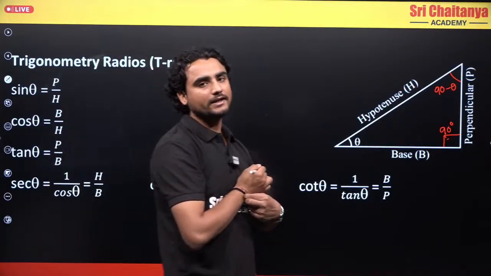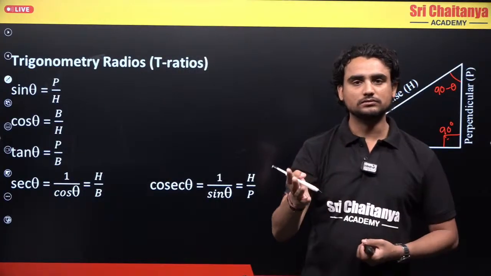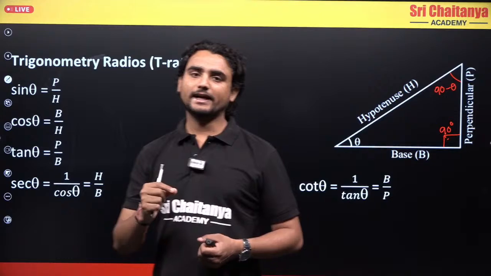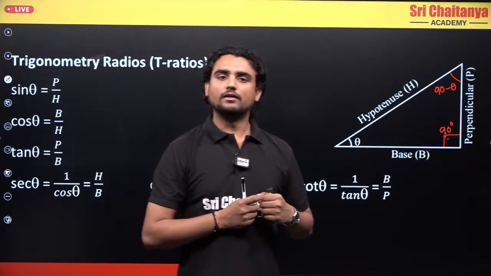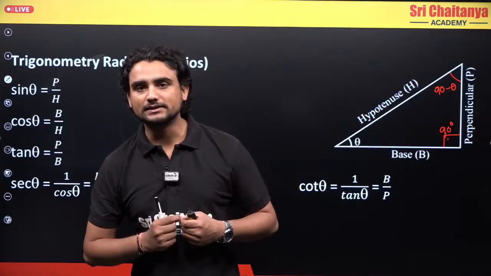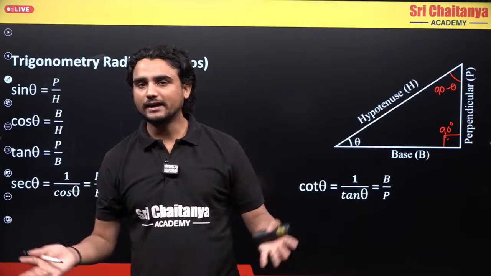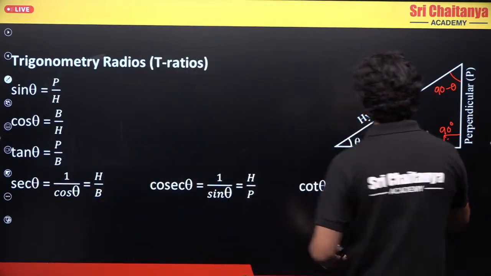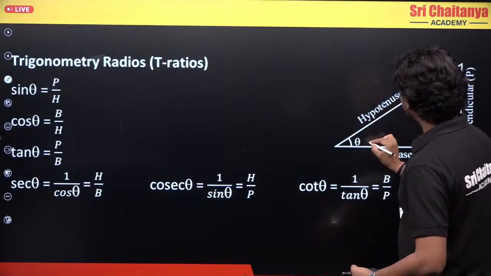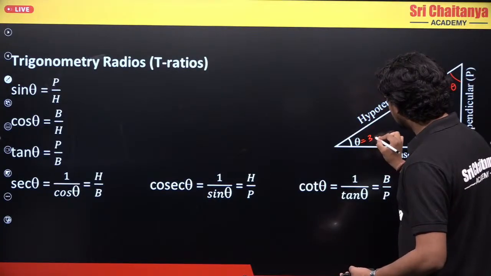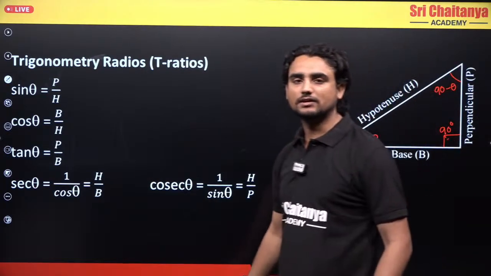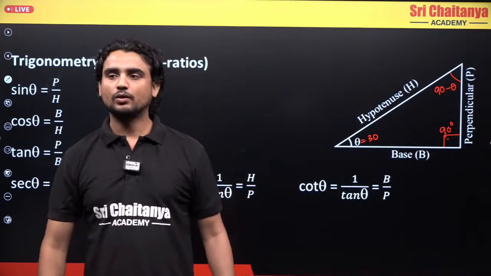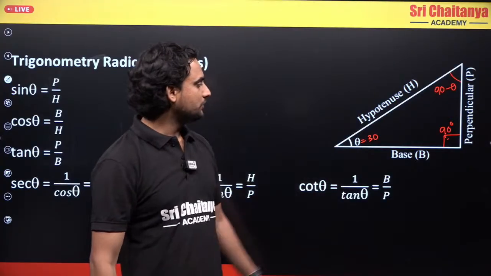So basically in a right angle triangle, if I give you only one angle, let's say I tell you that in a right angle triangle one angle is 30 degrees, can you find all three angles? Since it is a right angle, one angle will be 90 and the last angle will be 90 minus 30, that is 60 degrees. Okay, so please pay attention here.